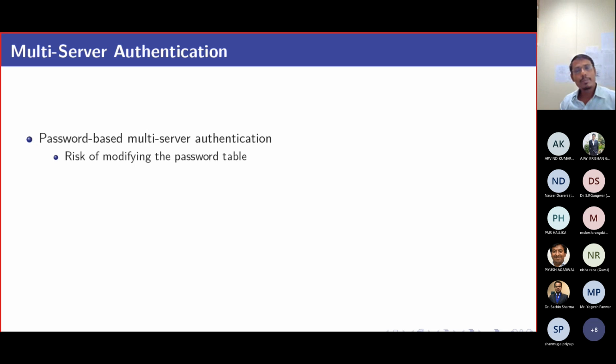So it means the server needs some kind of verification. Some credential will be stored on the server side. Suppose you are sharing your password with the server; the server will store it. During login, you submit your password, and that password goes to the server. The server will verify the stored value against the received value. So it's stored in some secret file, the password table.